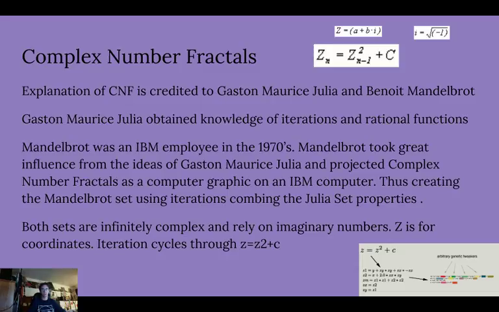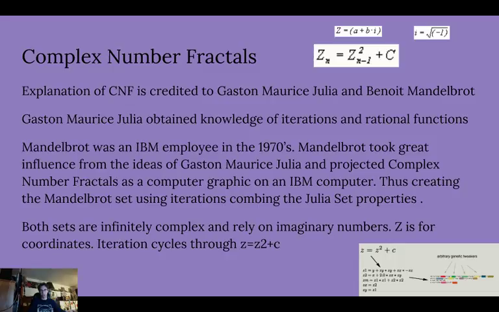By using iterations and rational functions, Gaston Maurice Julia wrote multiple books on iterations and rational functions, which Mandelbrot later extrapolated on and was able to make the first fractal in the 1970s. Benoit Mandelbrot was an employee at IBM in the 1970s, and he took great influence, obviously, from Gaston Maurice Julia, from his qualities and his interest and achievements, observations of iterations and rational functions,